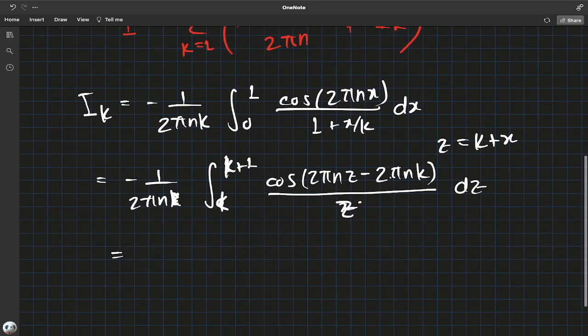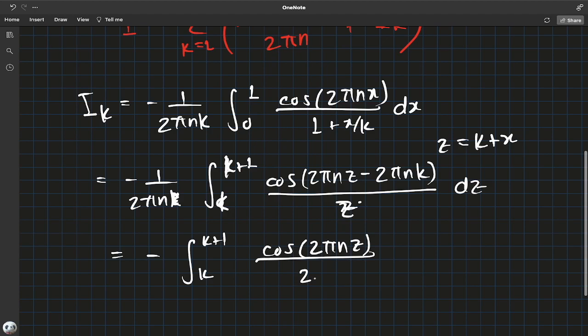Okay, 2 pi n k, k is an integer because that was the summation index. You use the property of the cosine, and you just get 2 pi n z. So we have negative the integral from k to k plus 1 of cosine of 2 pi n z over 2 pi n z